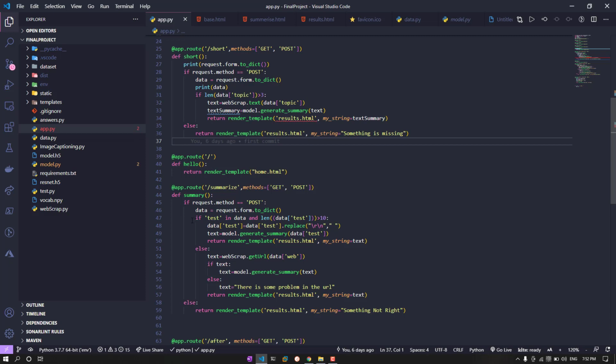So here we are checking the same step. We are taking the data, checking if the method that the user has made is post, then we are converting the data into the form of a dictionary. And here we are checking if test in data. So test is where the user has provided the text data. Sorry for the name, I just used test. And then we are simply getting all the text data that the user has entered,